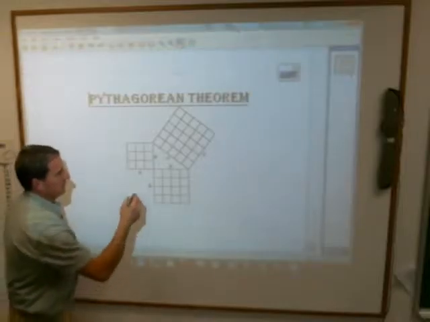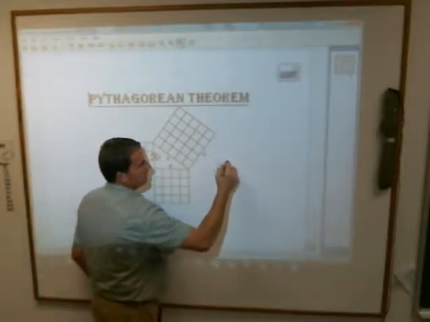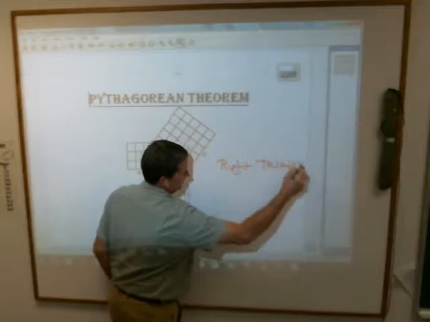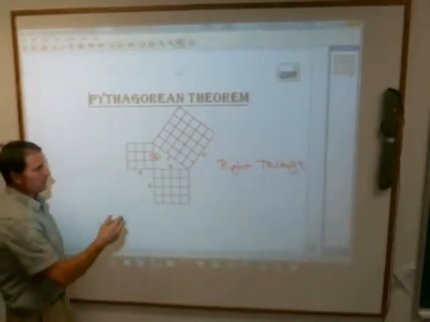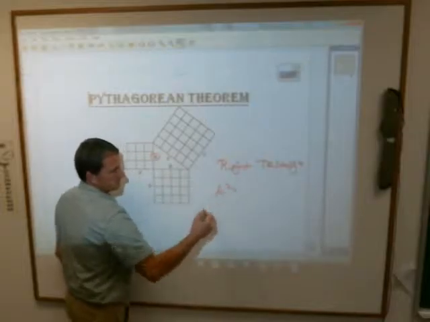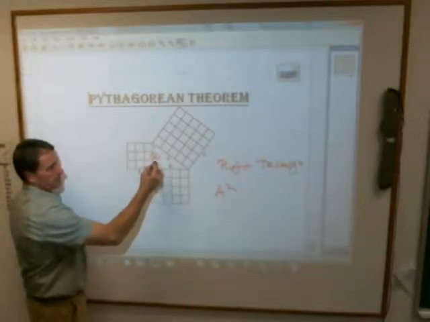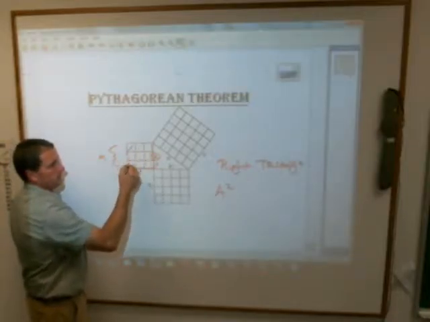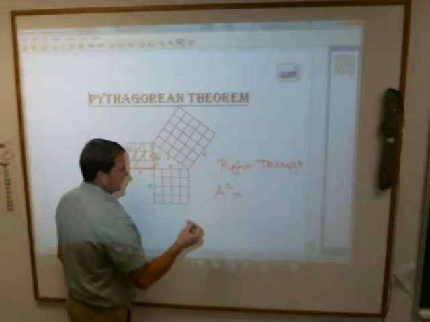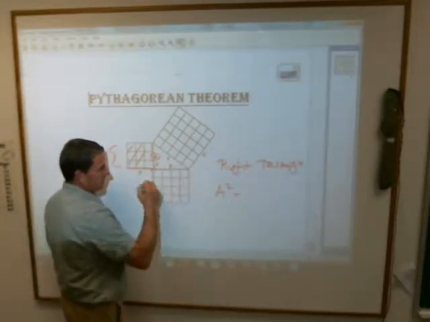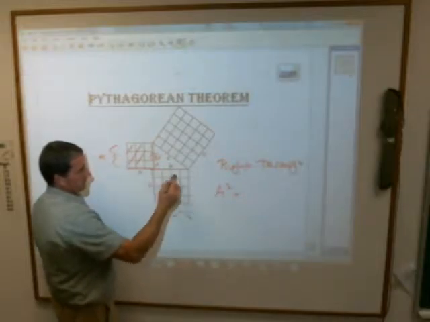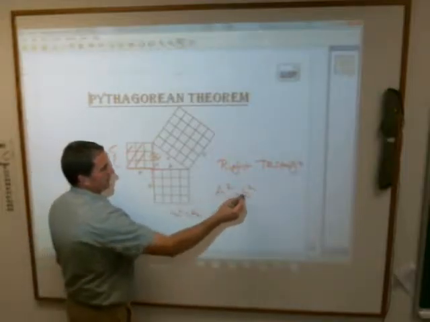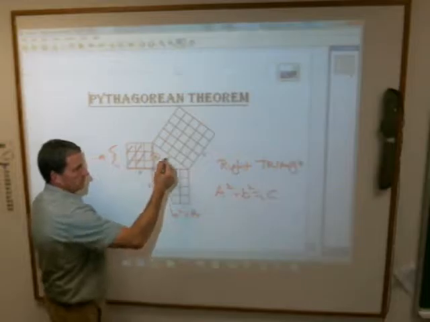Remember, we're talking only about right triangles. It only works with right triangles. You can't do this with any other triangle. If you take A and square it, which is like this one, this side right here is 3 units. 3 times 3 is 9. That's the area of this little square right here. Add to it B squared, the area of this side here, which happens to be 4 times 4, which is 16. You are always going to get the hypotenuse, that long side,